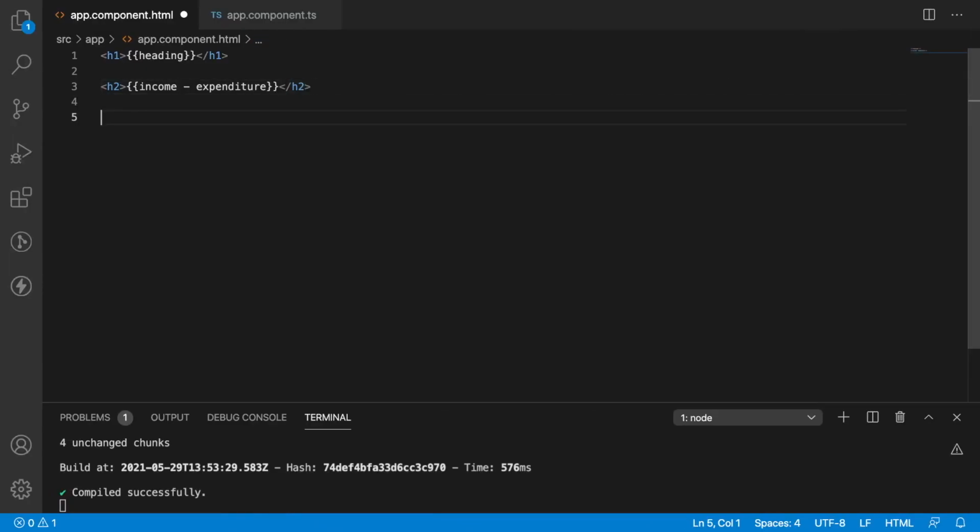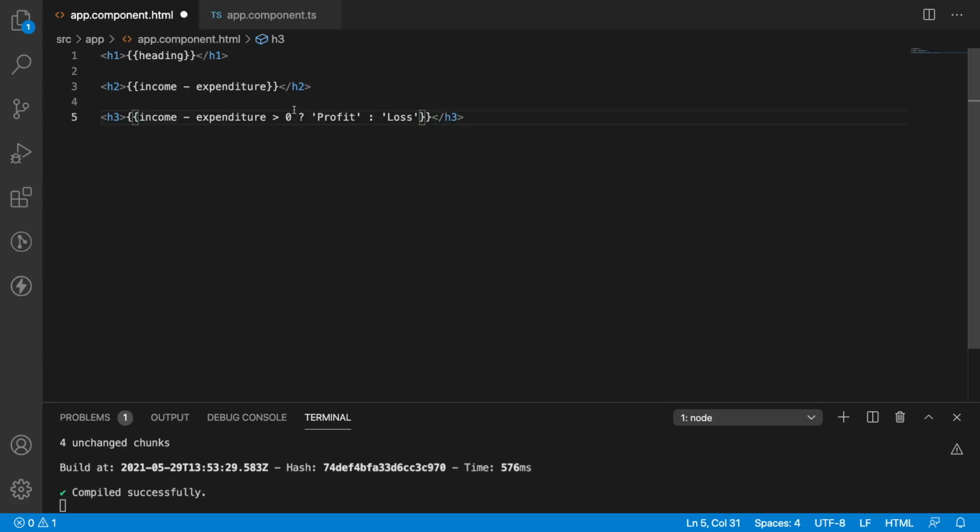We can do more even with interpolation, like we can use a ternary operator. Let me create an h3. If my income minus expenditure is greater than 0, then I am in profit, else I was in loss.